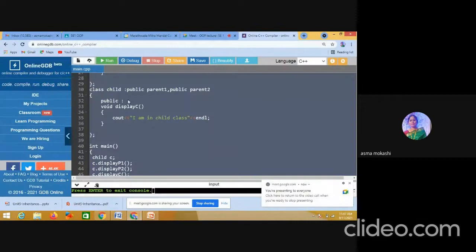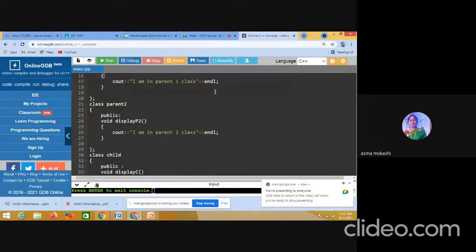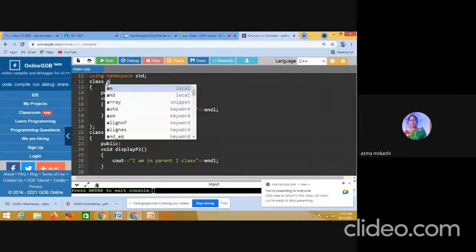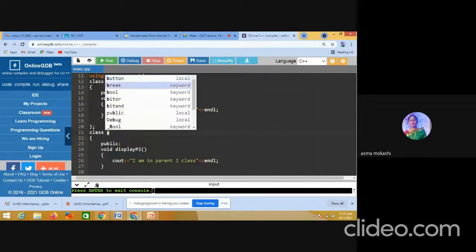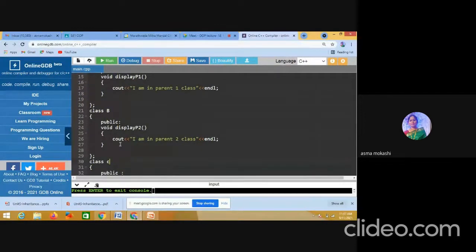Now if you see this logic, we have seen multiple. Now multi-level we need to do. As we are changing the code, I am removing this. I am modifying the same code, because if I am not modifying it, I need to write it again. So I am making this first A class. Okay, this is a B class, and this we can create a C class. This is my C class.